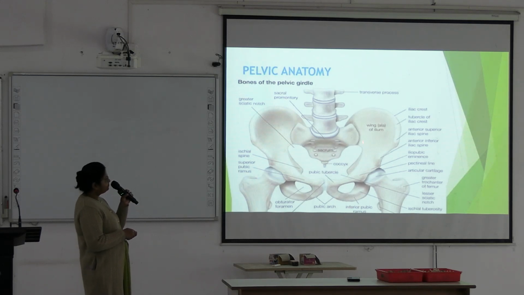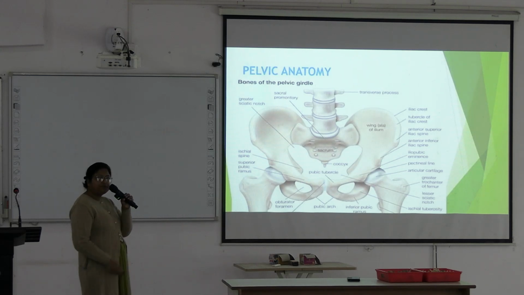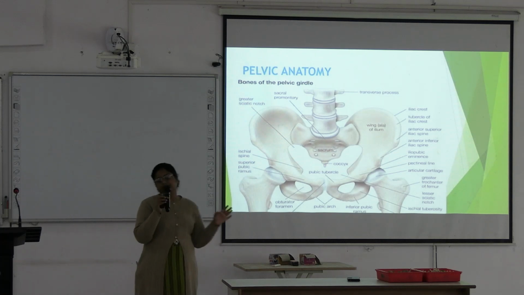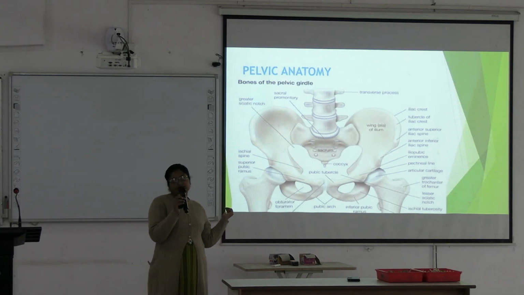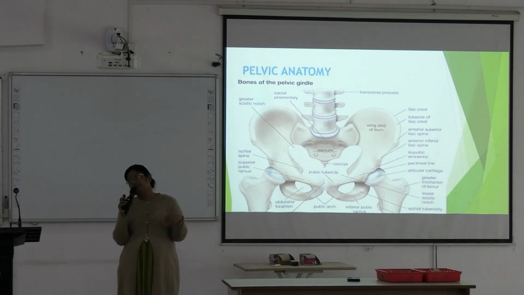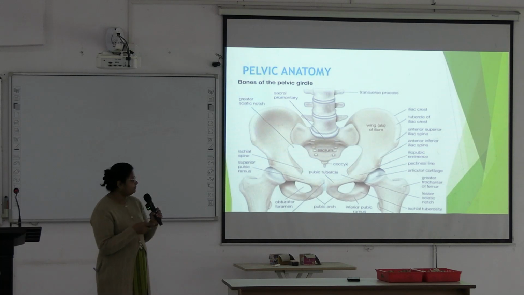Okay. And here is the sacroiliac joint and ala of the sacrum and sacral promontory. All these things are forming one side of the pelvic inlet. The same things are repeated on the opposite side. Okay, understood? So this is the boundary of the pelvic inlet. Very, very important viva question. Tell me the structures forming the pelvic inlet. You have to say from anterior to posterior or posterior to anterior. Okay, understood? Next.